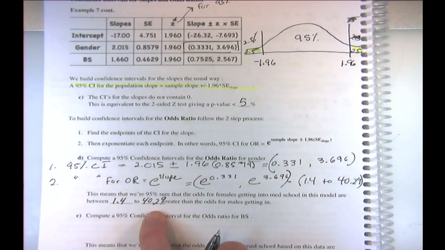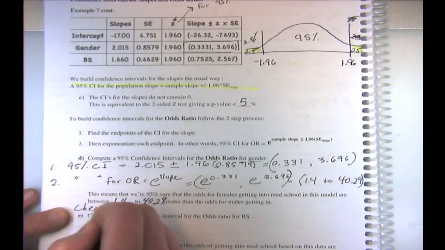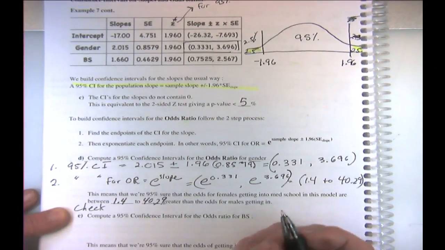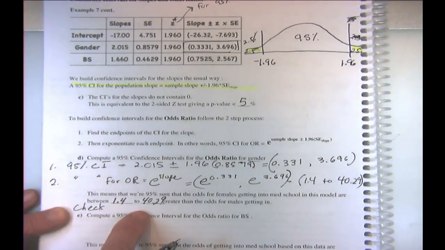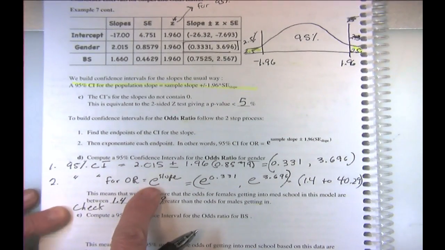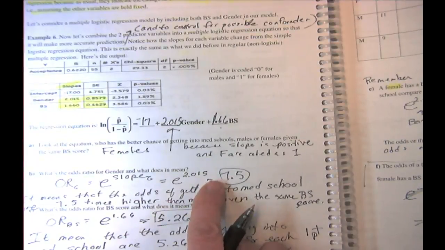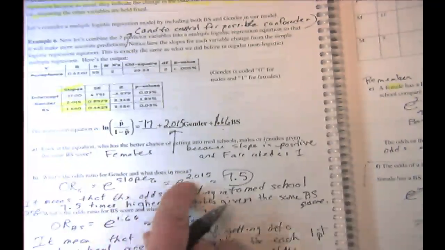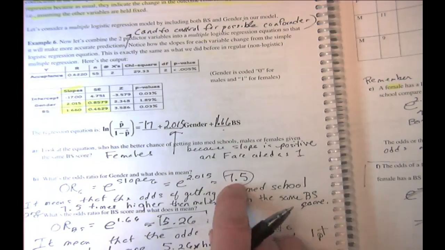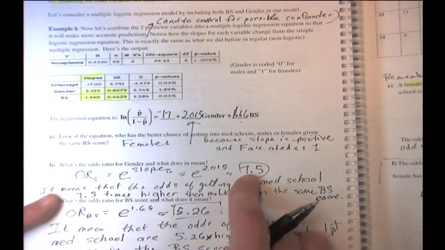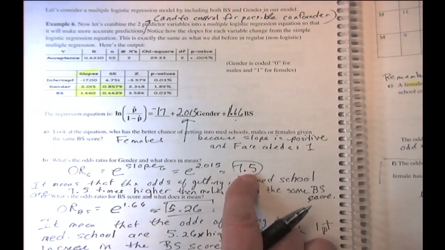How would I check that? Do you remember how I would check it? What's the odds ratio for slope? We did it before. The odds ratio for the slope is right here. The odds ratio for gender, we did it right here on page 128, is 7.5. It's just e to the slope, right? So we're just putting error bars around that. Now the error bars aren't symmetrical around 7.5. They're symmetrical around